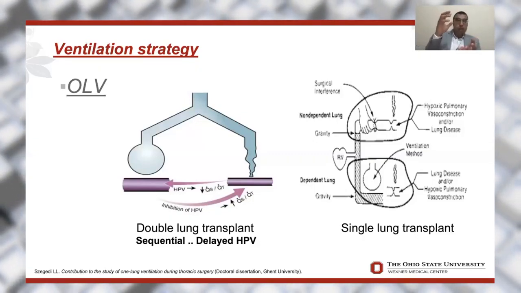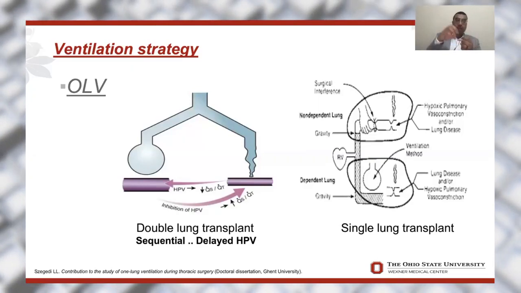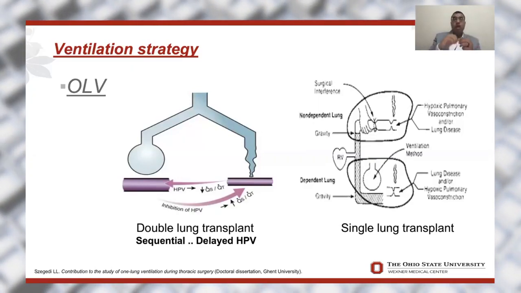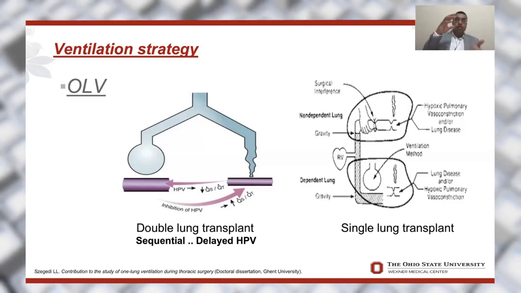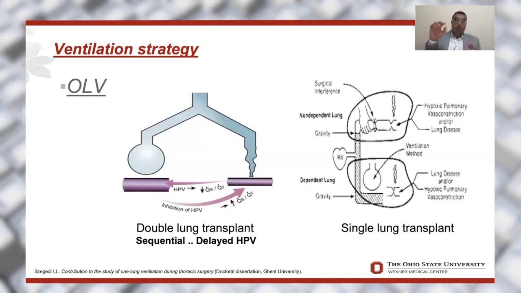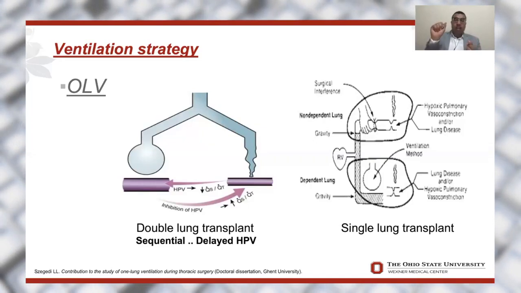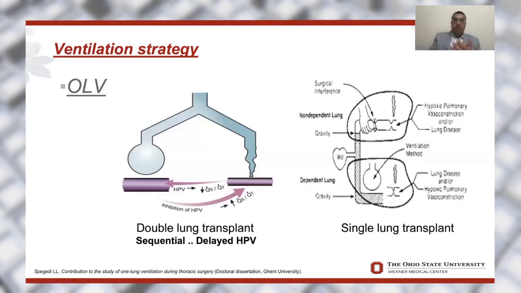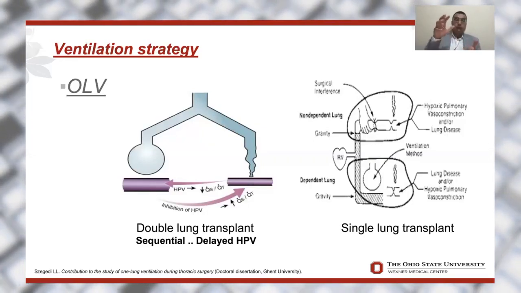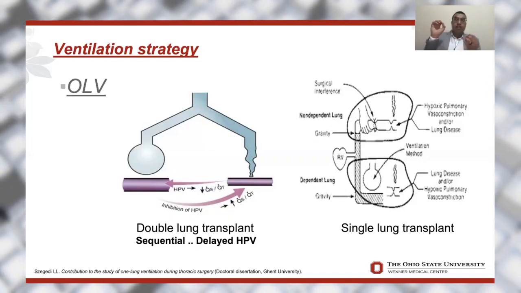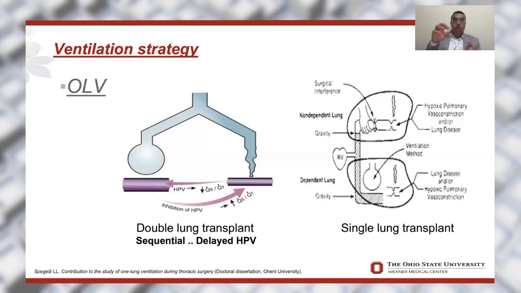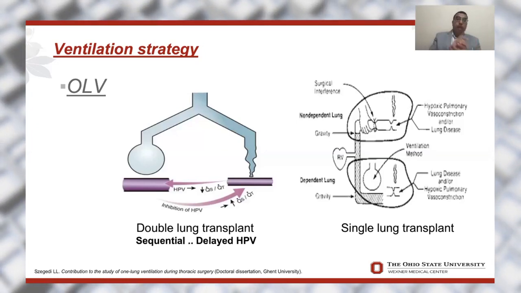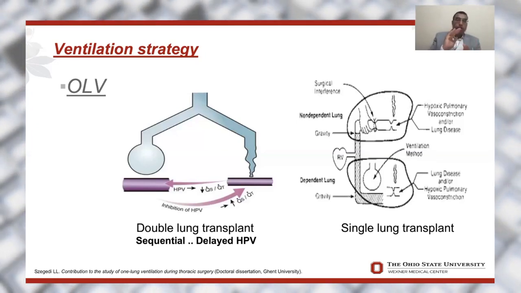The surgical manipulation will decrease the blood flow. The gravity will decrease the blood flow. It's not ventilated. So more or less, less perfused, less ventilated. This is a good matching. What will save you is the hypoxic pulmonary vasoconstriction. When there is a little bit of hypoxia, the blood is diverted away from the non-ventilated areas. So this will improve the matching. But this is not good all through.